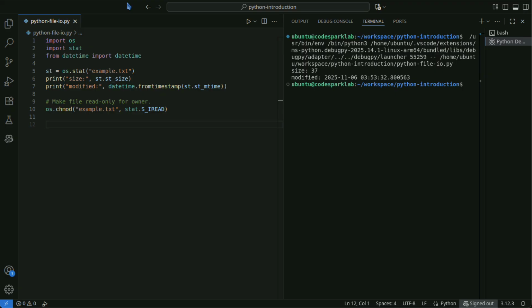Exclusive control is needed when multiple processes access the same file in parallel. Unix uses fcntl, and Windows uses msvcrt. The following code uses fcntl.flock on Unix systems to acquire an exclusive lock when writing.